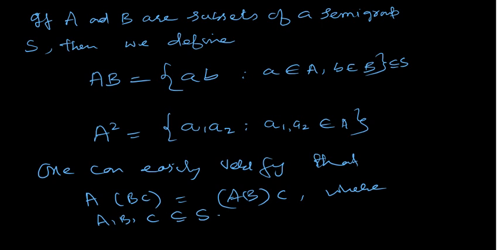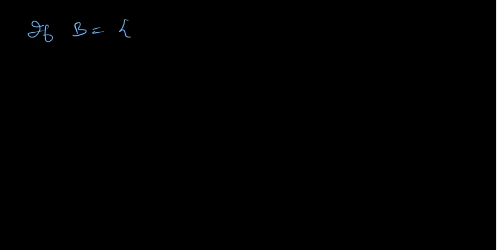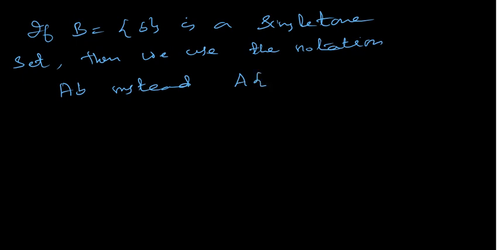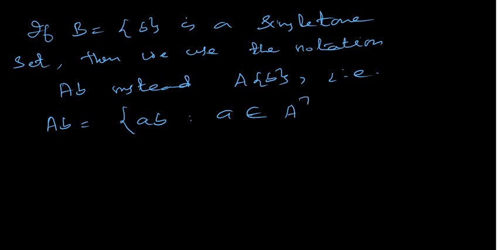Okay, if we have a singleton set, suppose B is a singleton set, then we use the notation Ab instead of A into set B. So that is, this Ab means is equal to ab such that a is in A. So like this, this is the notation for us. अगर आपके पास जो सिंगलटन सेट आपके पास होगा,